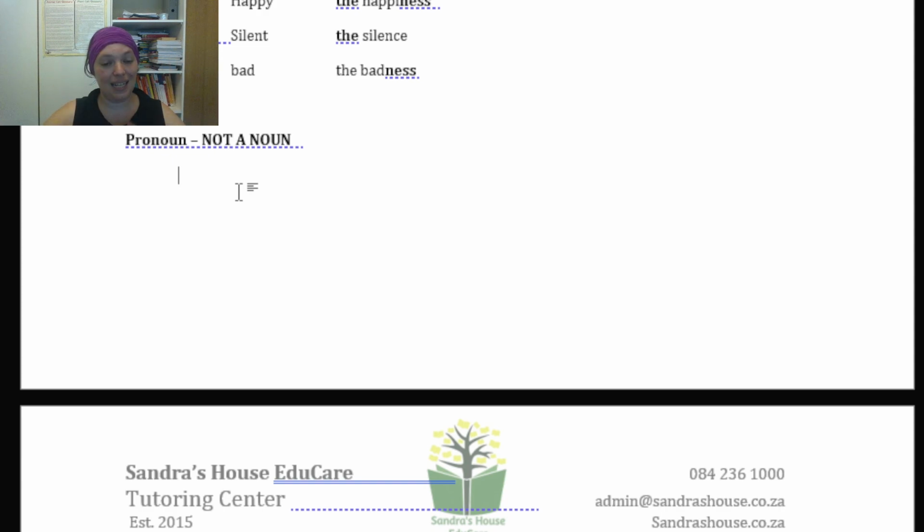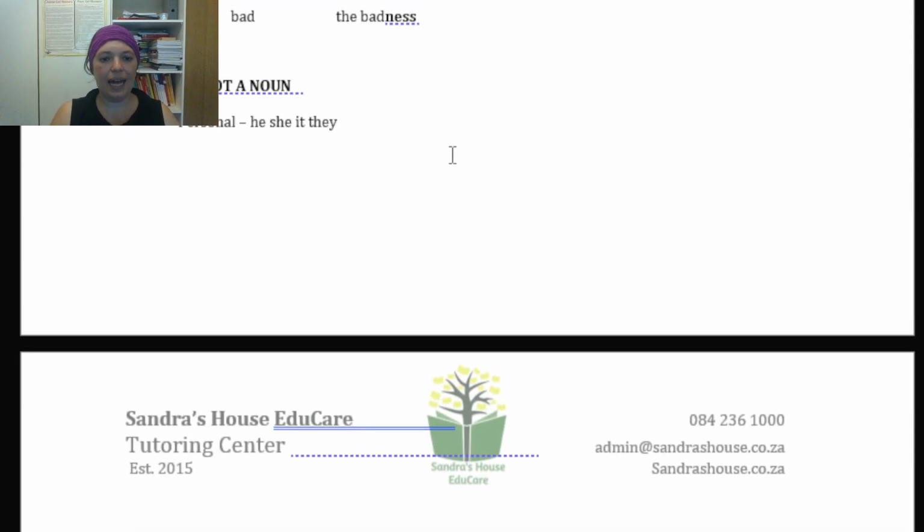It replaces a noun. So we get personal pronouns. He, she, it, they, sulke goed. And then we get, so dis persoonlike voornaamwoorde. Then we get reflexive pronouns. So ek is nie seker watter of enige van hierdie jy spesifiek moet ken,